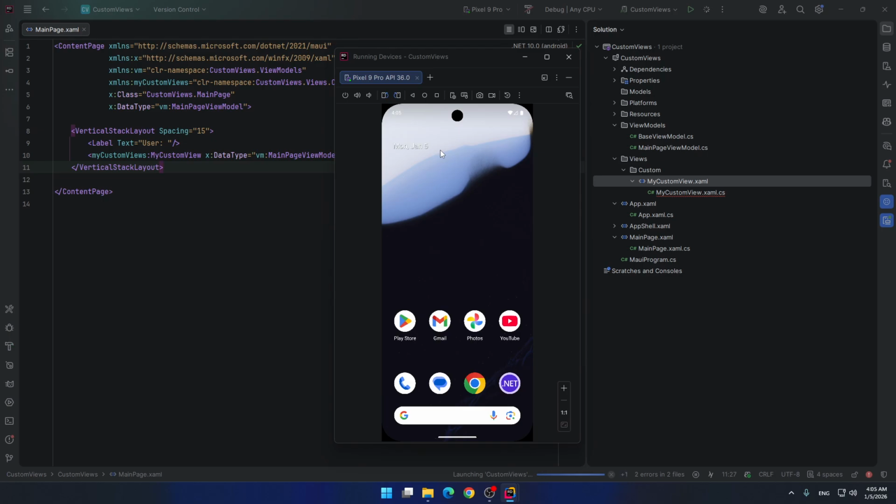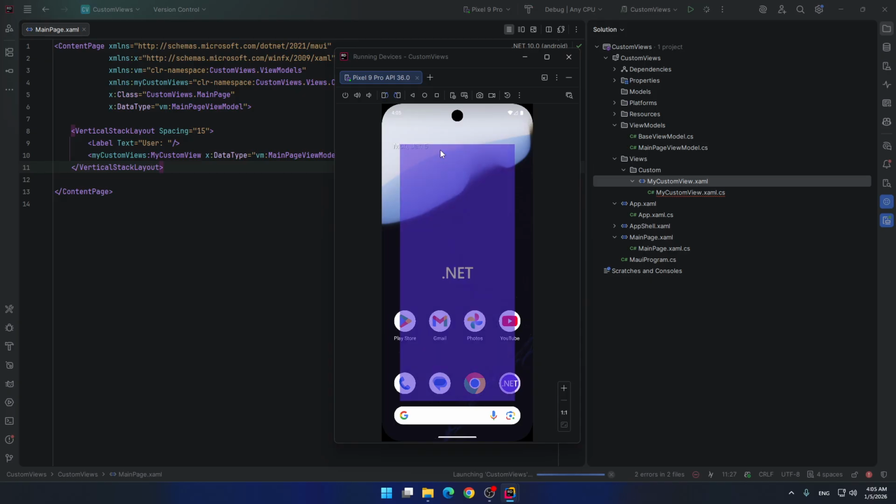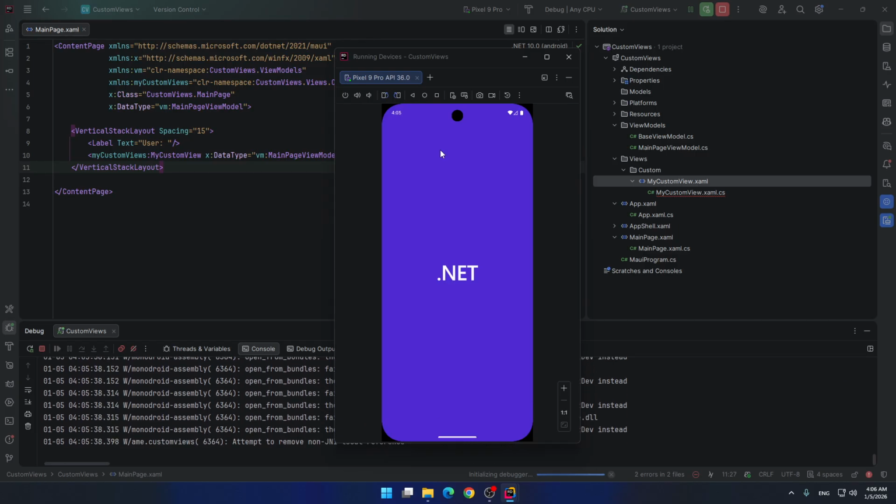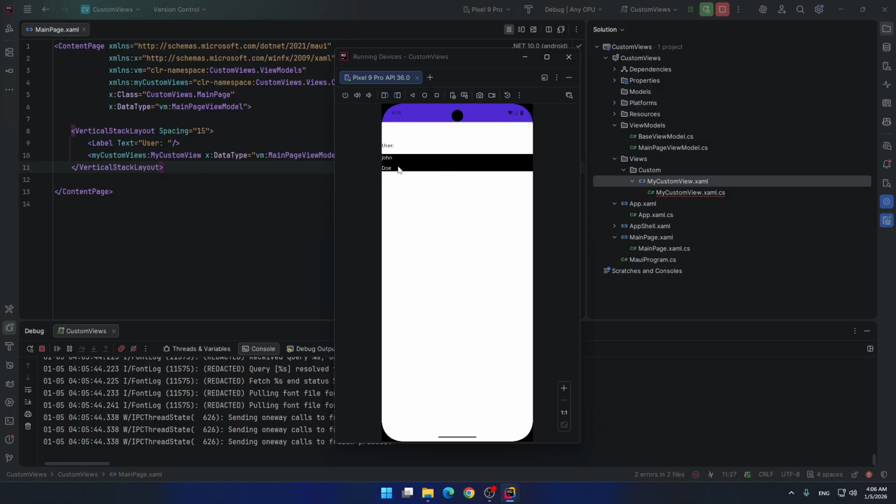On first run, it always takes long time. That's it, guys. We used our custom view and it rendered our given name and last name.